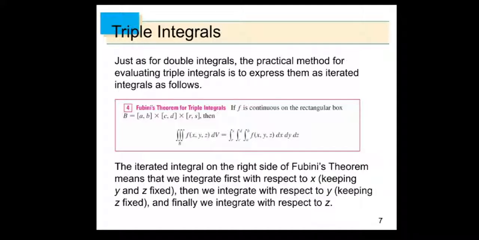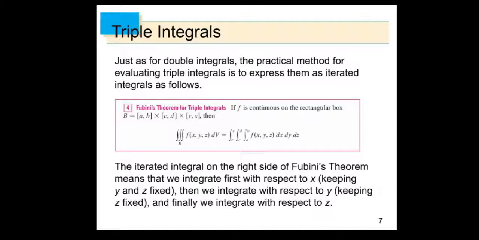So if our function is continuous on the rectangular box B = [a,b] × [c,d] × [r,s], that is x, y, z, then our equation would be something like this, where we will have the triple integral over B of f(x,y,z) dV is equal to,